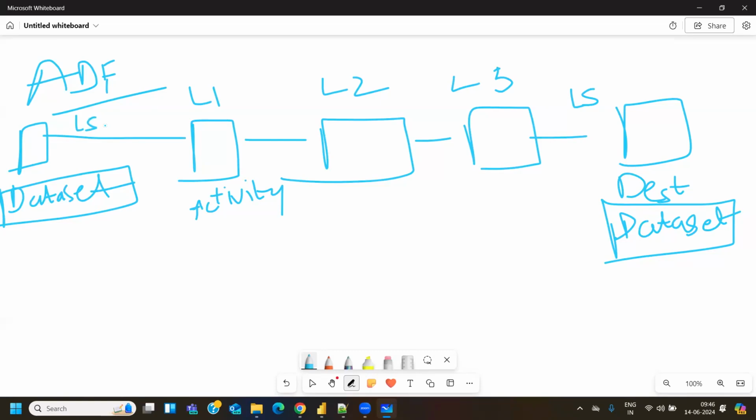Linked service is nothing but a key. It is just a key. It will go to that source with that linked service, open that source, and get that information into one single data set. From that data set, you can write multiple activities or multiple logics. This is ADF. If you compare it with Informatica,